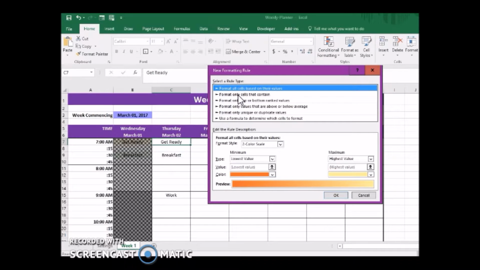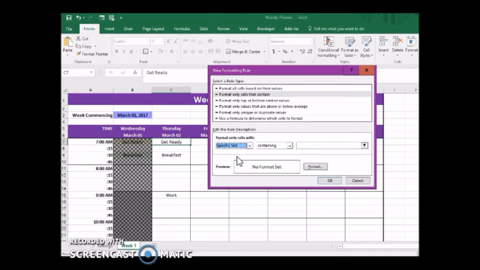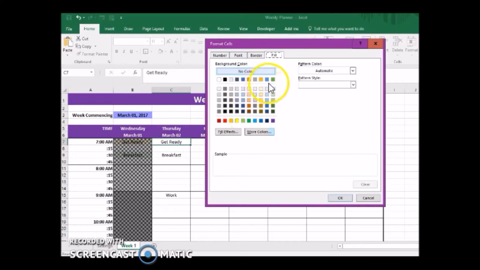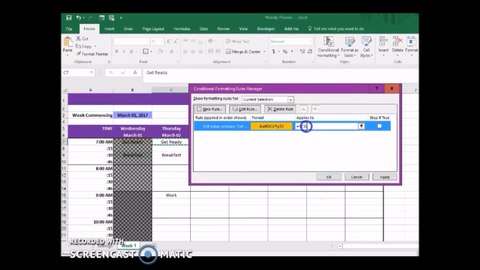go on format only cells that contain. So format only cells with, I don't want a cell value, I want a specific text, because get ready is a specific text. So containing the words get ready, and then I want to format it, and I'll choose this color or this color so you guys can see it. Okay, and then I wanted to apply